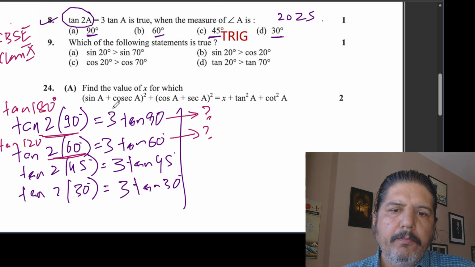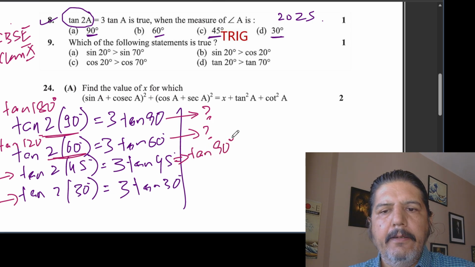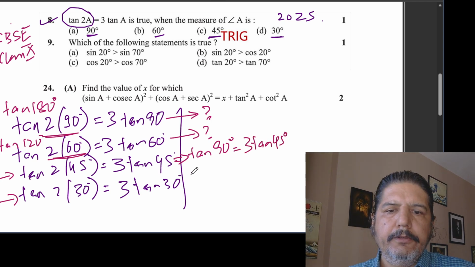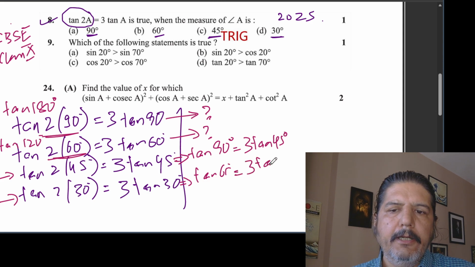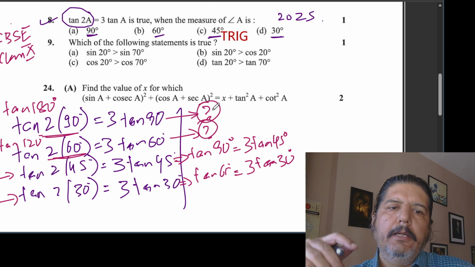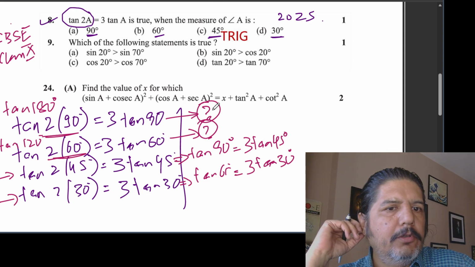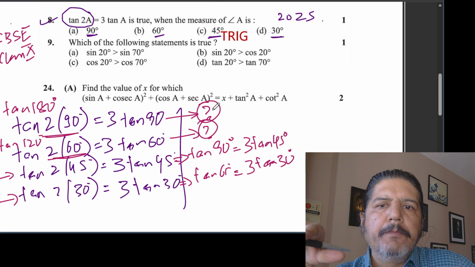But if you come to part C and part D, part C is tan twice of 45 degrees, so tan 90 degrees is equal to 3 tan 45 degrees, and part D is tan 60 degrees is equal to 3 tan 30 degrees. So for some time, let me not focus much on part A and part B, because in class 10th I don't know the value of tan 180 and tan 120 degrees. I'll go to part C.